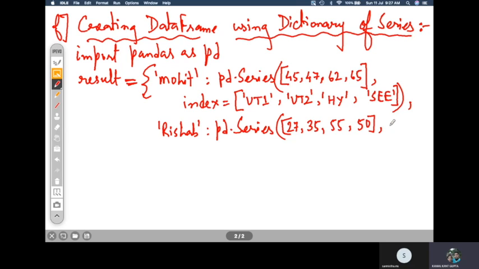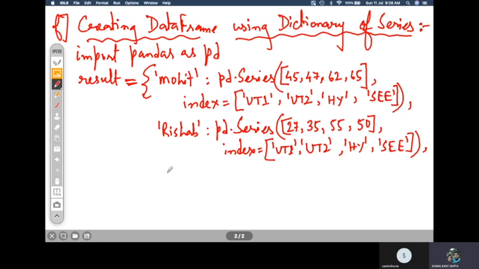And you can write index again: UT1, UT2, half yearly, and session ending. So this series is empty here, and then comma.